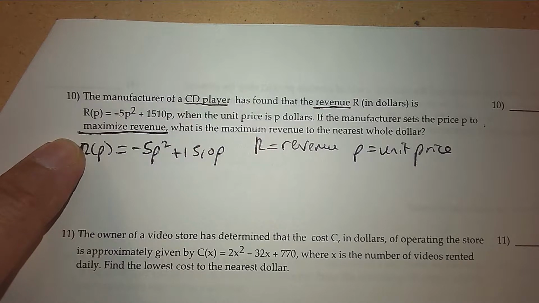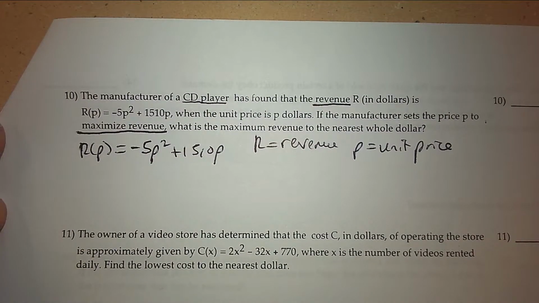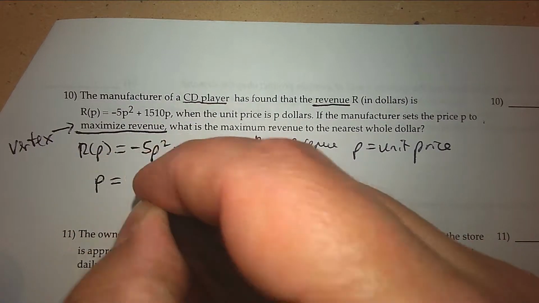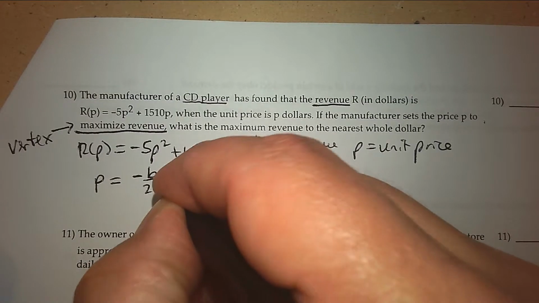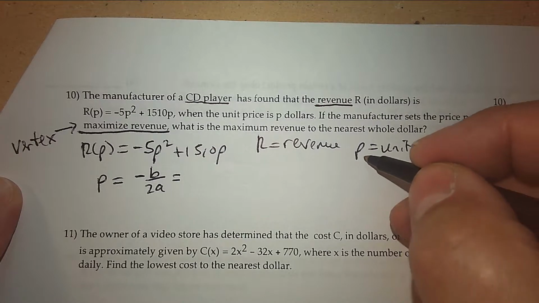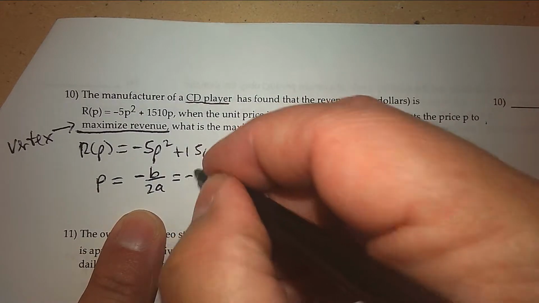Maximize. Do you know what type of polynomial this is? This is a quadratic. And when I see the word maximum, the word on the quadratic I'm looking for is the vertex. And to find the vertex quickly, I use the formula negative b over 2a. That gives me the x-coordinate. Now in this case, the x-coordinate is p. So in this situation, b is